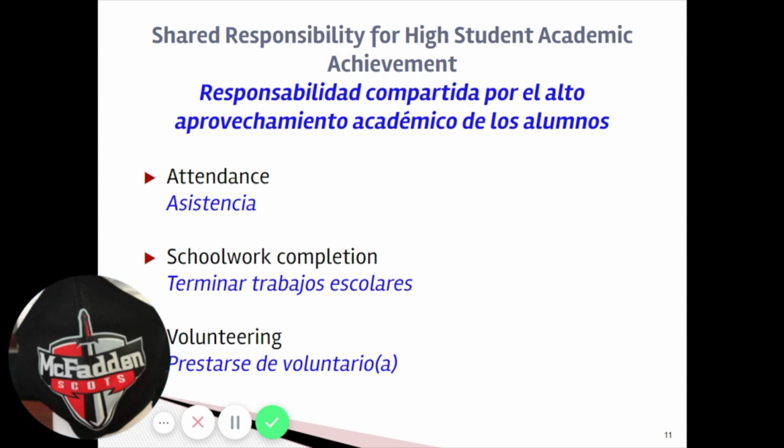If you're having concerns about that, give us a call so we can try to help you with any technical needs that you may have, as well as assisting us in schoolwork completion and making sure they're turning in all their schoolwork or classwork so that they can receive better grades, as well as parent volunteering